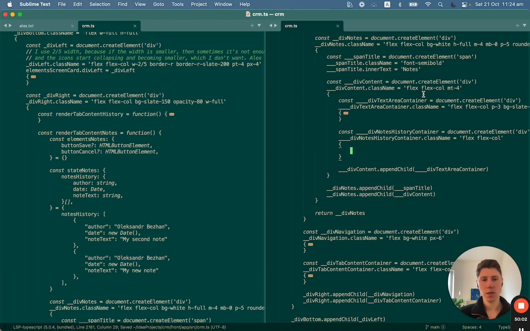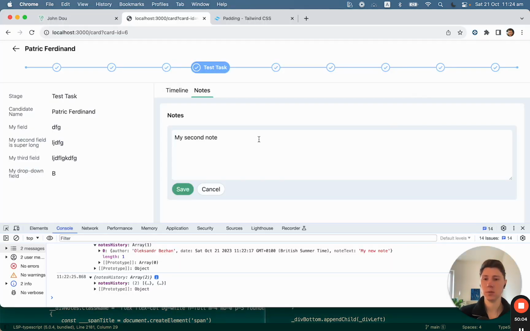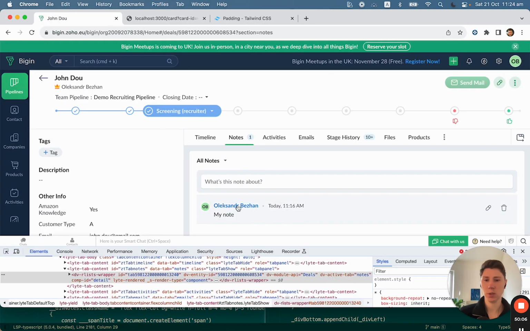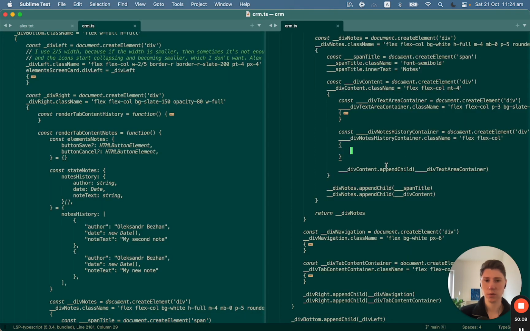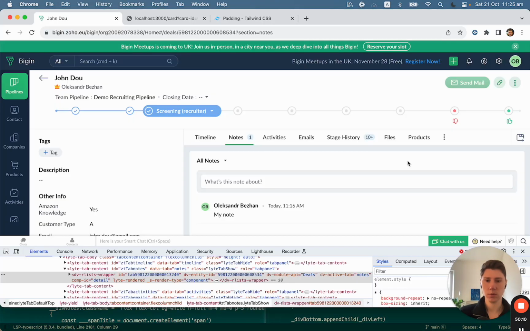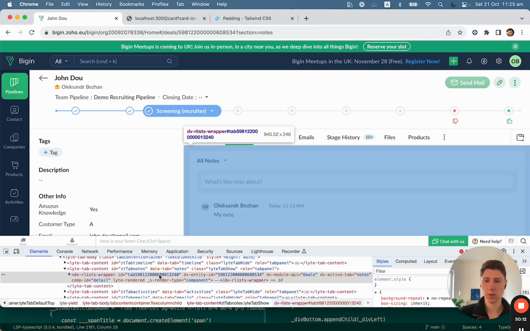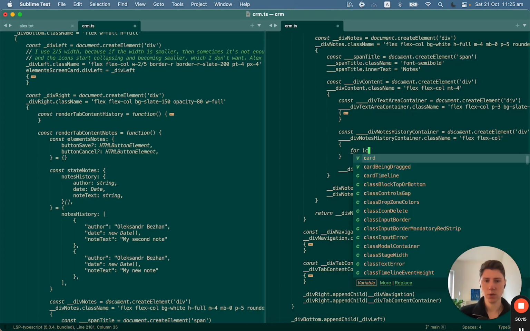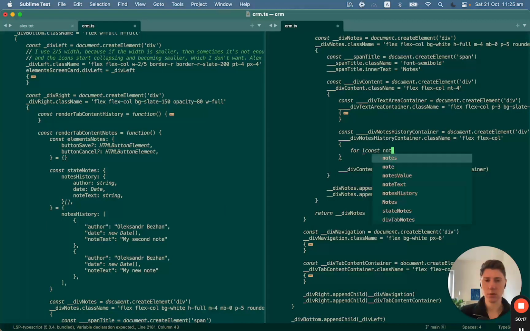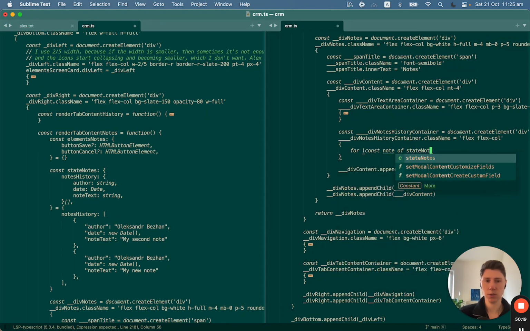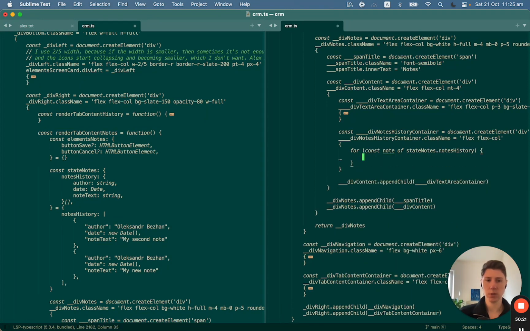Okay, and here we want to go through every node, just render this kind of element. For node of state nodes history, we want to say